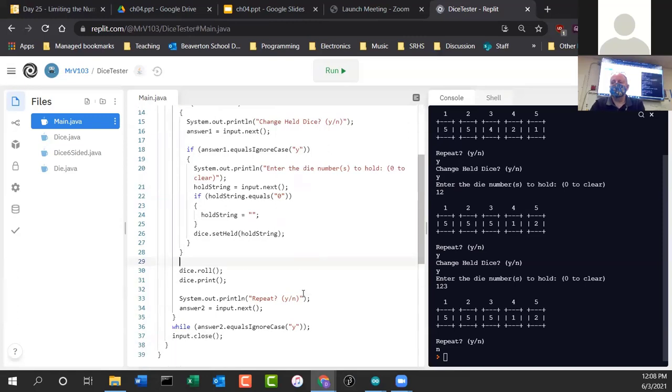And here it says repeat. But what we could say is, we could say end turn, I guess. You could say that, end turn. So maybe they, like I said, maybe they rolled a Yahtzee on their first roll. They got really lucky and got all 5 the same. Well, they're going to want to end the turn right away, right? If they say yes, they want to end the turn,